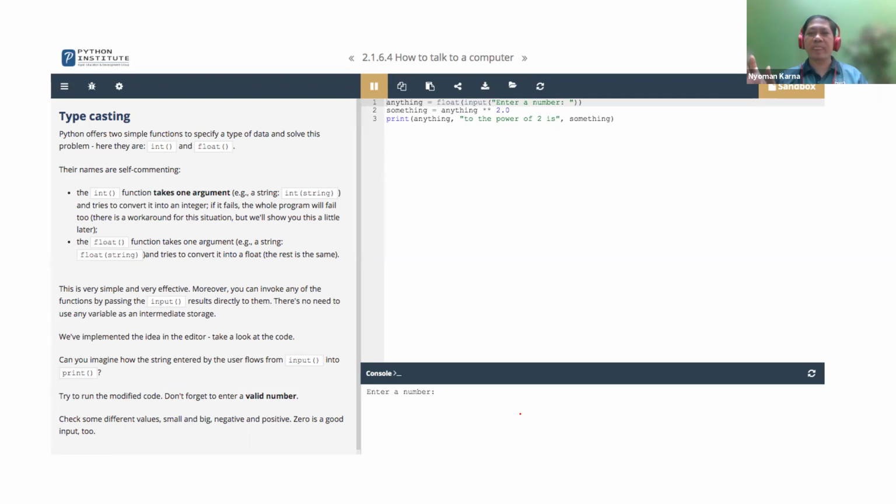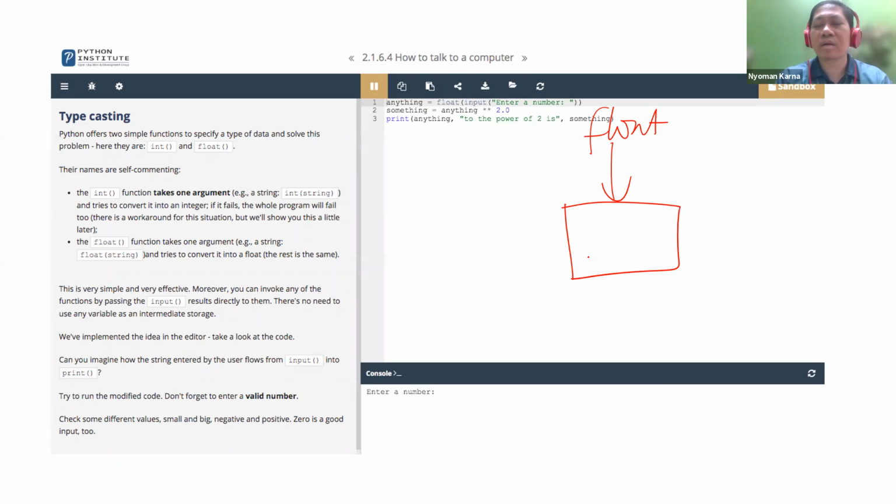The data type. For example, we can throw a float number to a cast function. For example, in this case, integer, then the output will become an integer value.